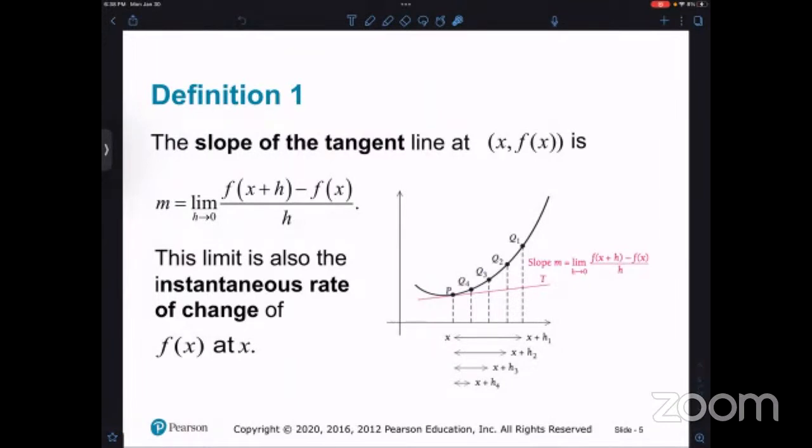So we have this definition. The slope of the tangent line. We're starting with our original point, x with the corresponding y. Remember, we said that h is some change in x. Now we're going to take the difference quotient, but now we're going to let that change go to 0. As that change gets smaller and smaller, this second point gets closer and closer to the first point. So the slope of our secant line is giving us a better and better approximation to the slope of the tangent line, right?